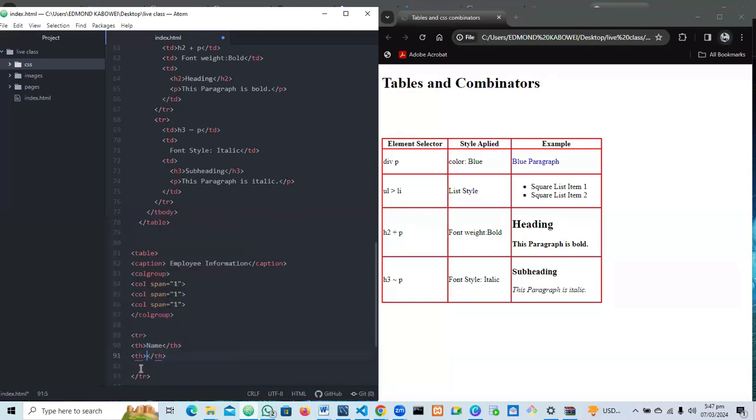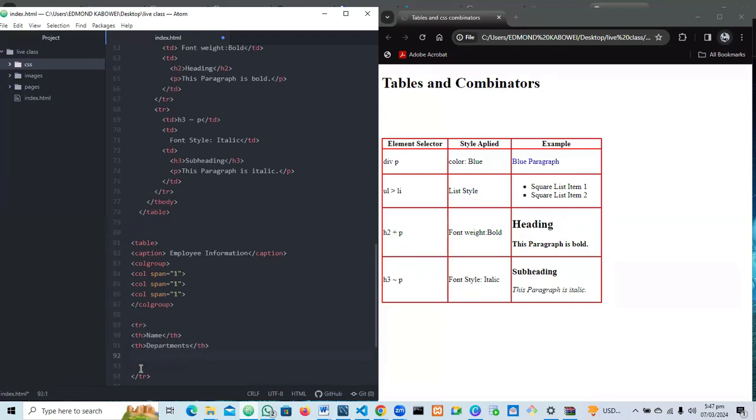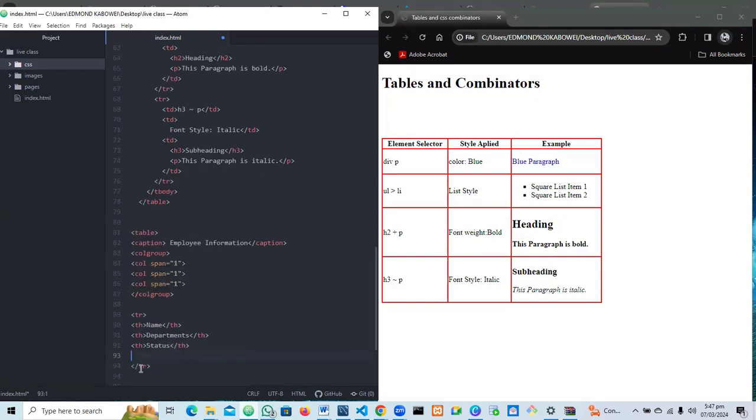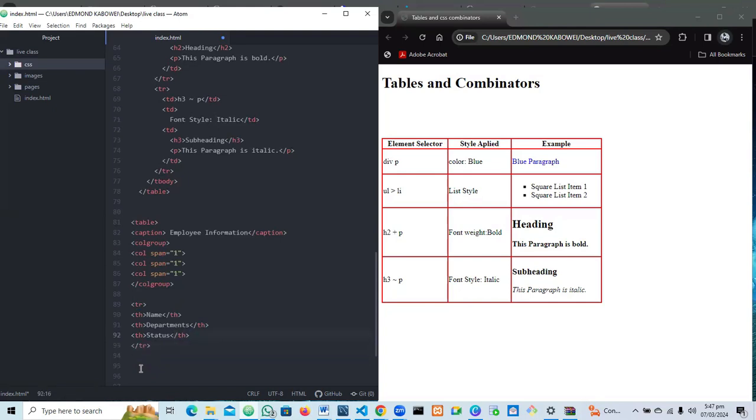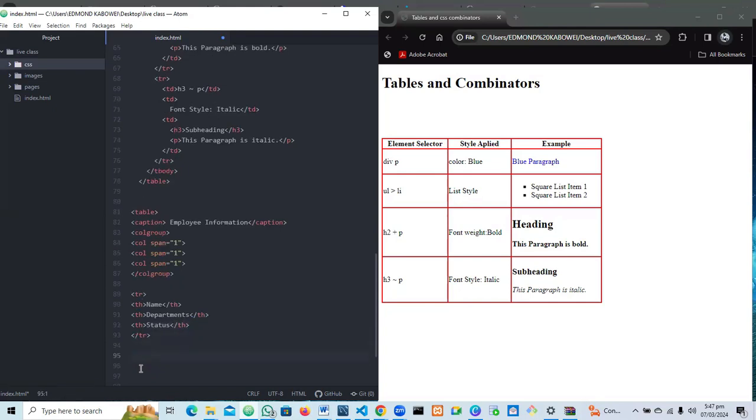Going to have another heading, and this will be for departments, and the last heading for status. Now let's have another row